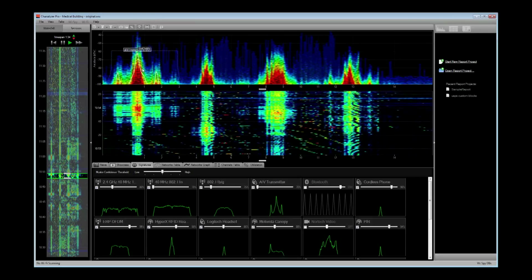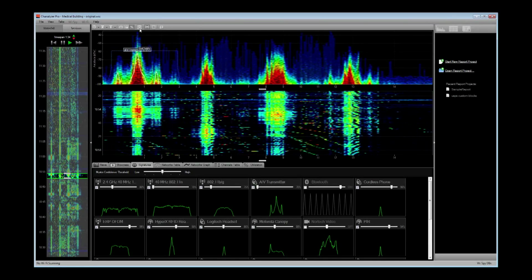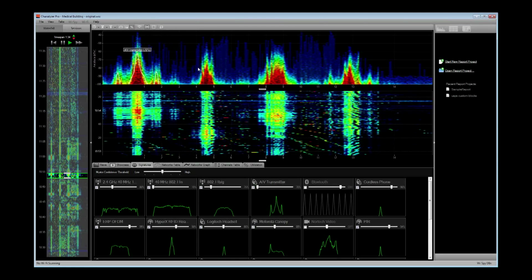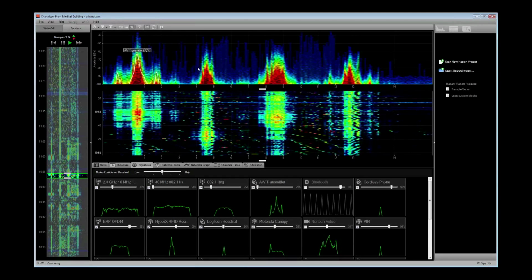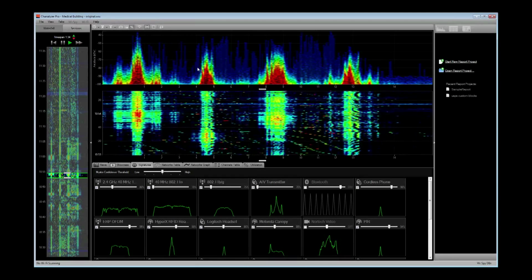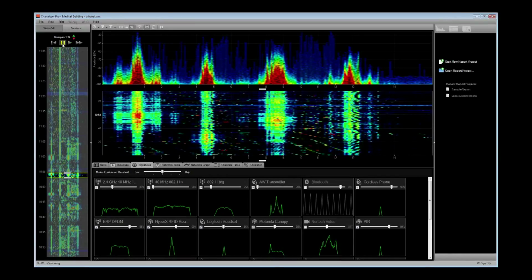Let's see if we can get that to go again. So we'll say, I think this is an AV transmitter, 70% confidence threshold. Okay? So we'll use what we think it is. Most of you are going to want to use the device finding technique to find out what it is and track it down. So let's talk about how we can build a report that makes sense to people who aren't